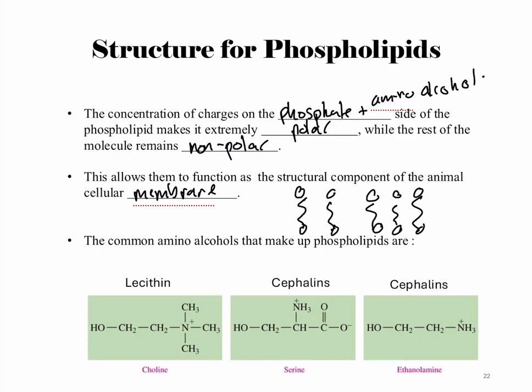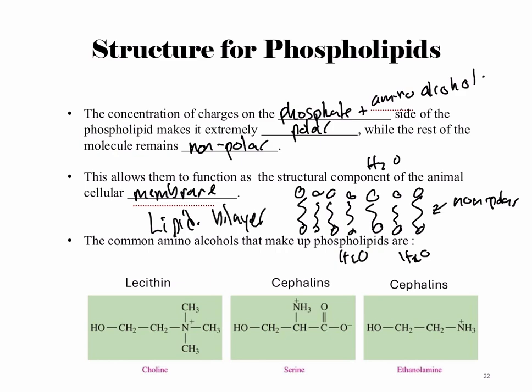And so here we have two potentially phospholipids, and on either side we have water, which will be attracted to the polar heads, and then the nonpolar tails will stay together. So the same way we had the micelle creation with phospholipids, we can do that, except we form a bilayer, right? So this is a lipid bilayer. So we have two